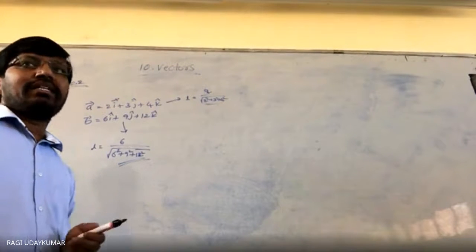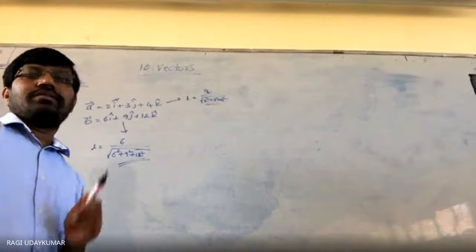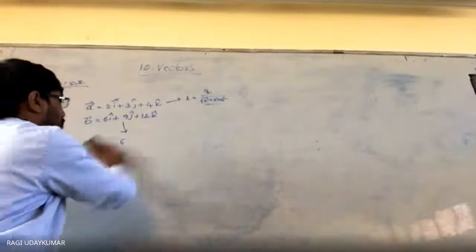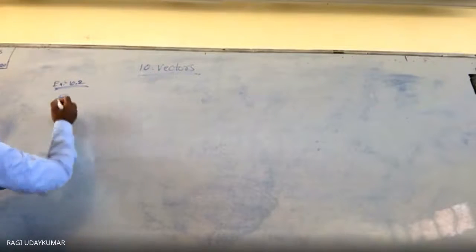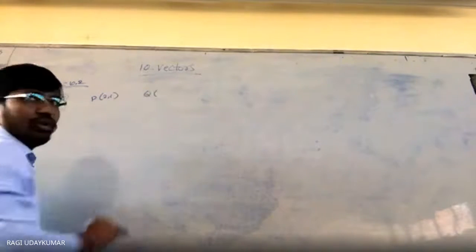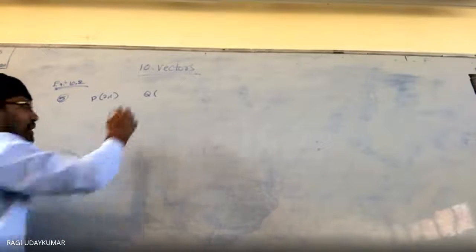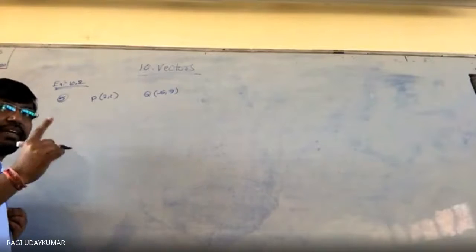Find the scalar and vector components of the vector with the initial point 2, 1 and terminal point minus. Very good here. Whenever initial point and terminal point questions are given to you, be careful here. Most of the students will get it. Initial point is given 2, 1. P is the initial point. Consider Q as the terminal point. And here the question is asking you to find the scalar and vector components of the vector.